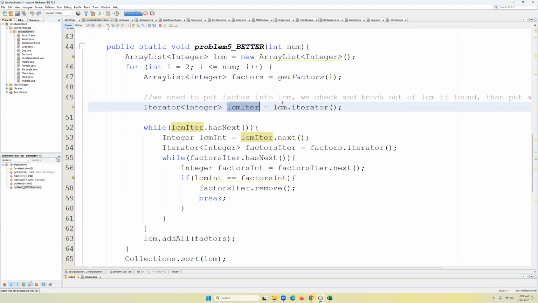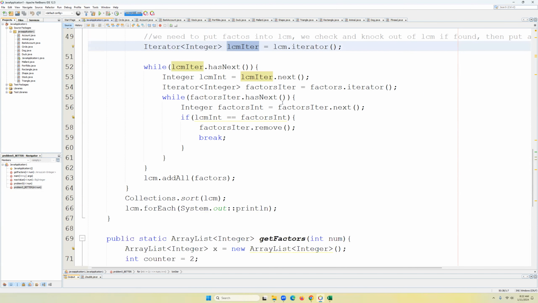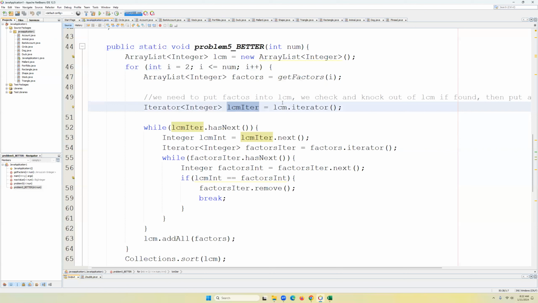Now, you cannot do this other ways. Even though with an array list you could usually say something like, I want to do a for each loop or something like that, you need to do it this way with an iterator because I'm going to remove stuff from it. Okay, so while